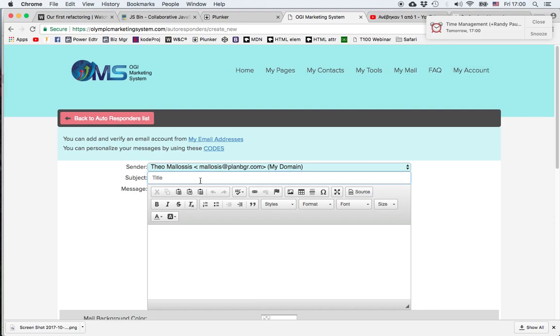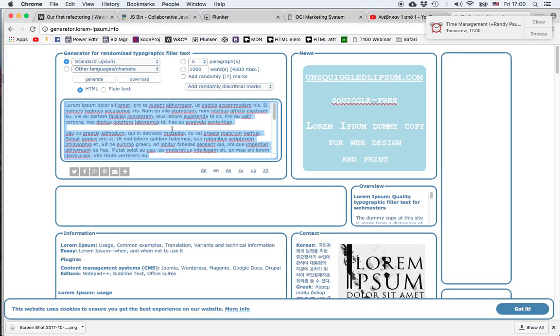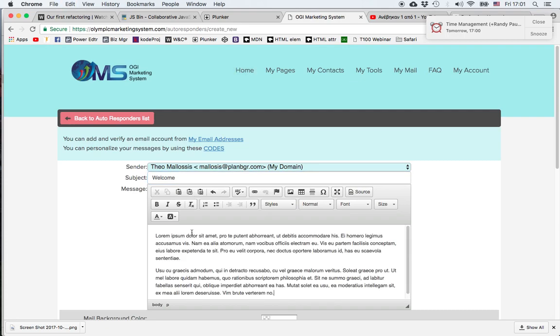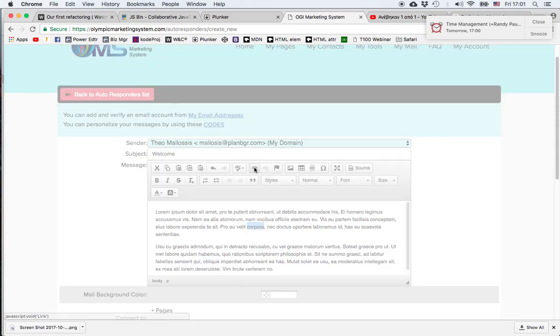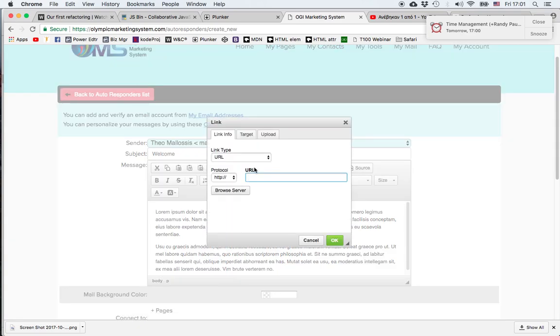Then we can choose the subject, and it helps if we've already written our email, have corrected it, and just copy and paste it into the appropriate field. So I'll pretend this is my email. I'm pasting it in, and then we can format it any way we want. So for example, I can change the word corpora into a link by pressing this button,